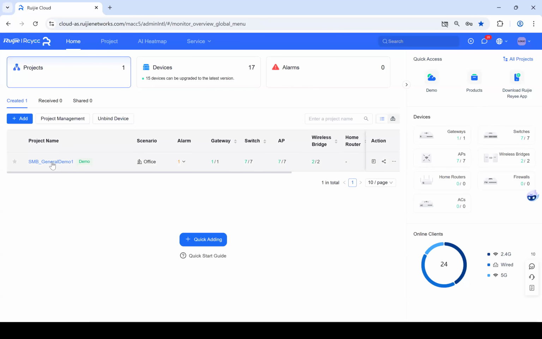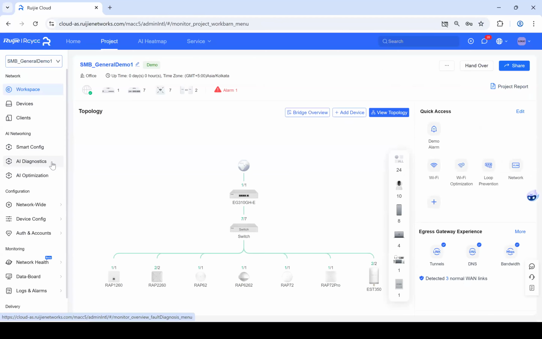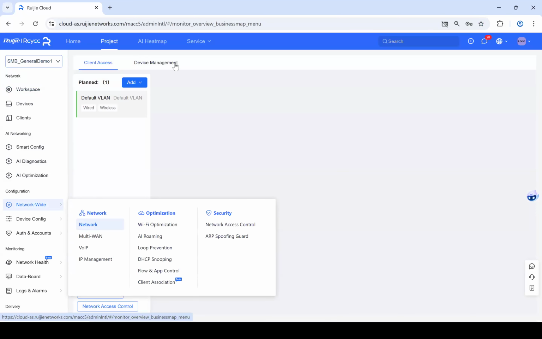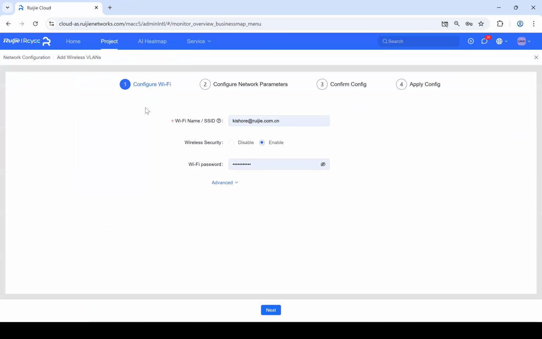Okay. So then after you click the particular project, we are entering into the project. This is about network, right? So we'll go to the network wide. On the network, you click on the network, right? Then after you click the add, what do you want to add? You want to add a Wi-Fi network, right? So click the Wi-Fi network. So now we're going to give the Wi-Fi name here. So this is demo,